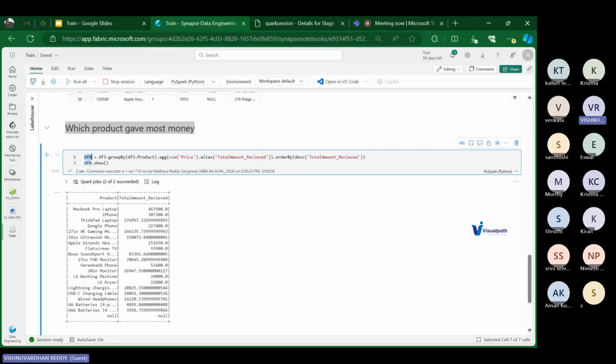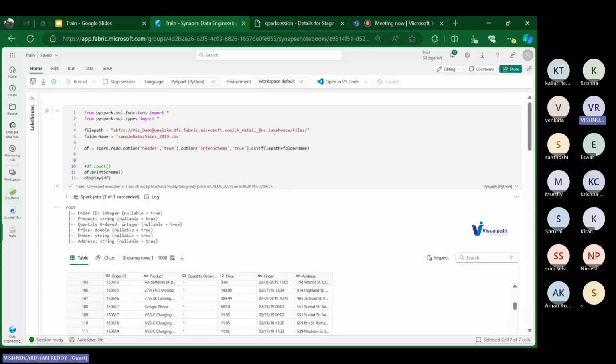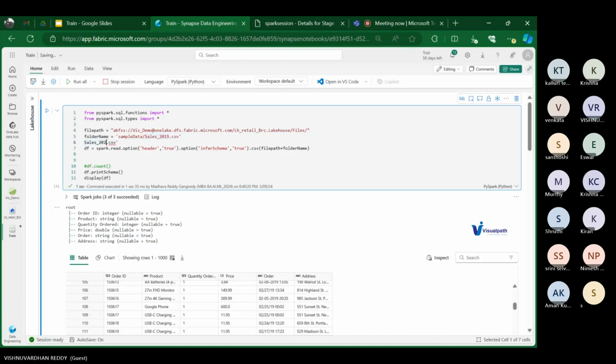It will read all the rows in all the files. Spark will read that in a very lightning fast way, and it gives the count. In the first scenario I used only one file, right? If we have sales, and the schema should be the same, this is one file. If we have another file like sales 2020, a 2020 CSV file in the same scenario, provided the schema of the files is the same,